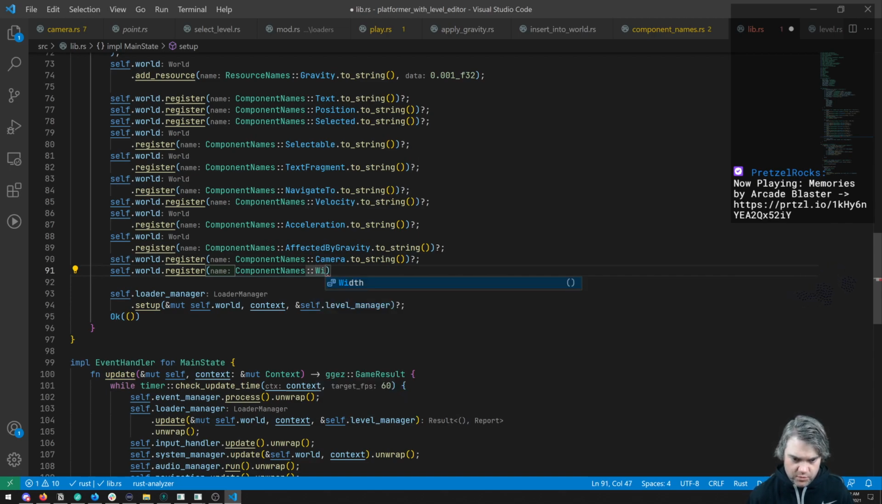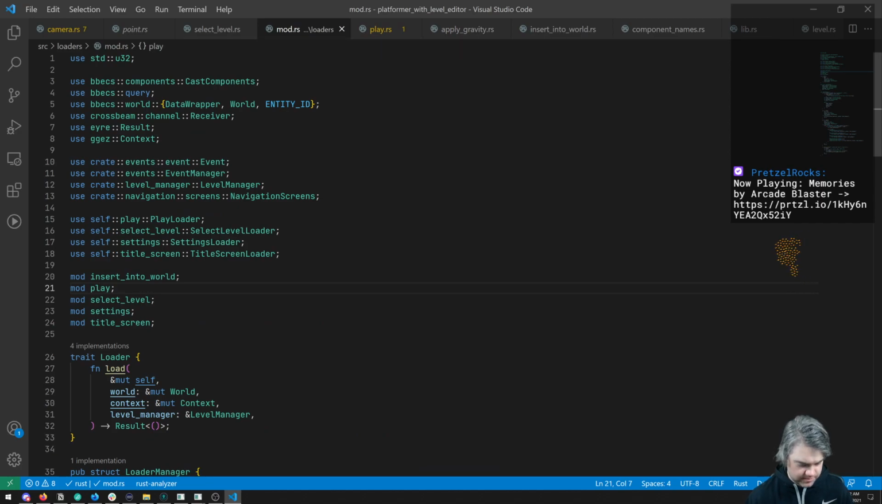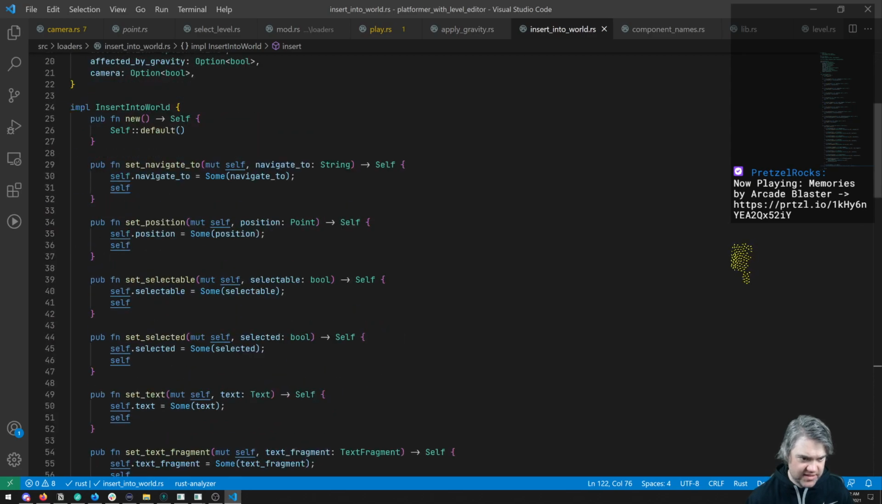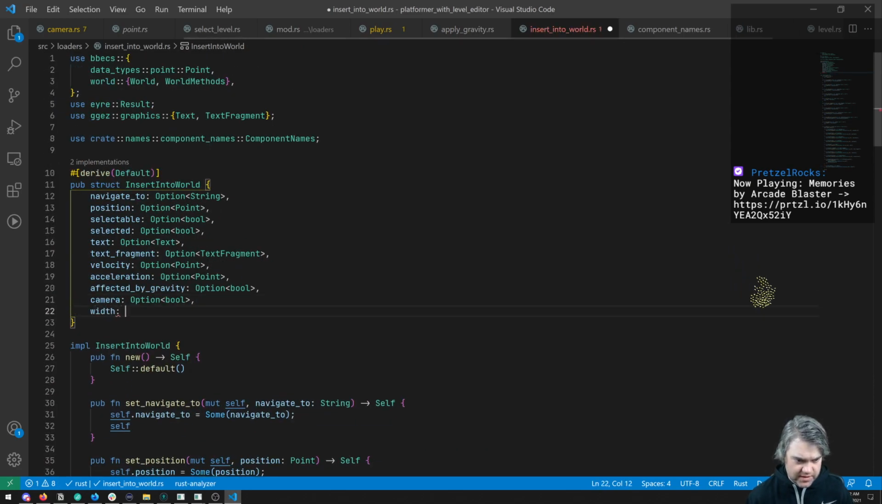So it's going to be our width, and then our height. Then we're going to go into our loaders and do the same thing we're doing here. So we're going to have width,